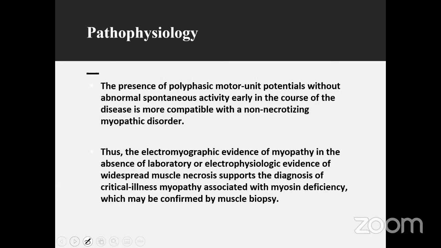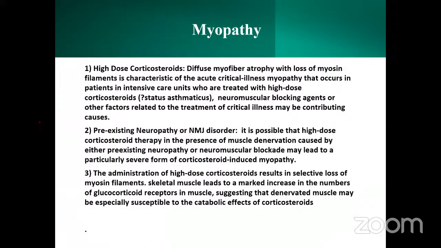So the presence of polyphasic myopathic potentials on EMG without any spontaneous activity early in the course of the disease is more compatible with a non-necrotizing myopathic disorder, that is, primary myopathies. So the EMG evidence of myopathy in the absence of laboratory or electrophysiological evidence of widespread muscle necrosis, as shown by spontaneous activity, supports the diagnosis of critical illness myopathy associated with myosin deficiency, which may be confirmed by muscle biopsy. So now if you look at these conditions,